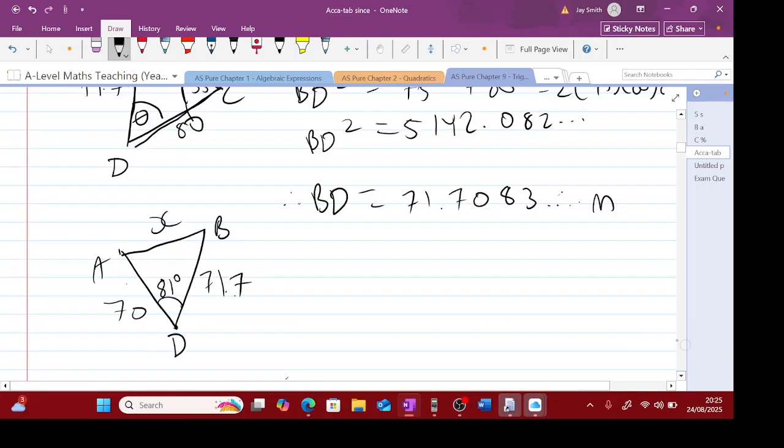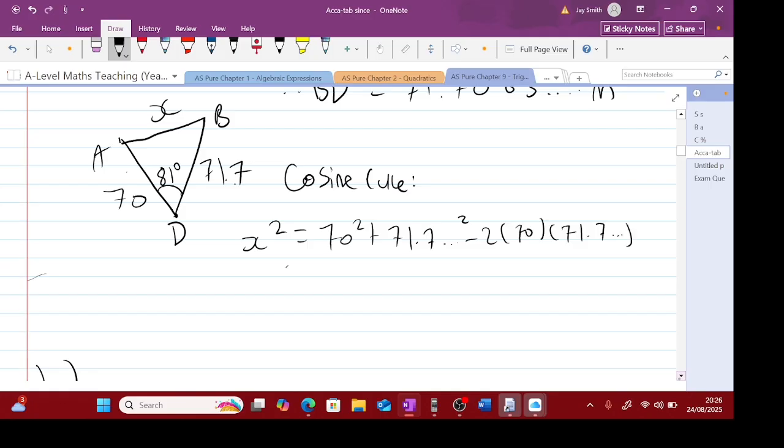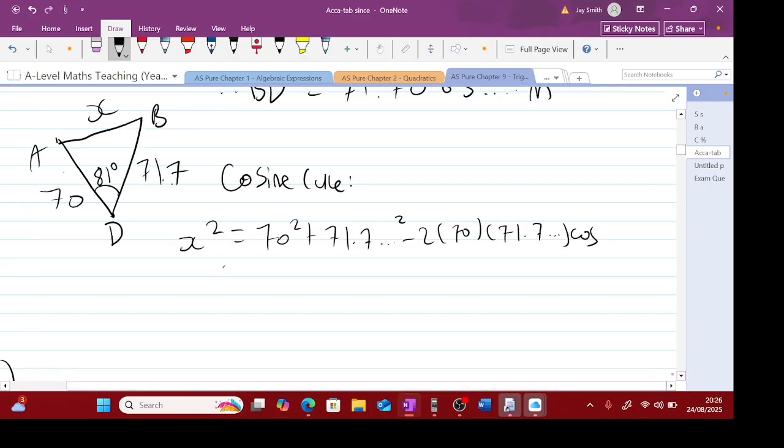So if I go back to this triangle here, I'm now in a position to work out this side, to the letter X, because I'm dealing with three sides and an angle, which I now know. So I can find the missing length X by the cosine rule again. X squared equals the other two sides squared, minus 2 lots of 70, 71.7, cosine of the angle 81